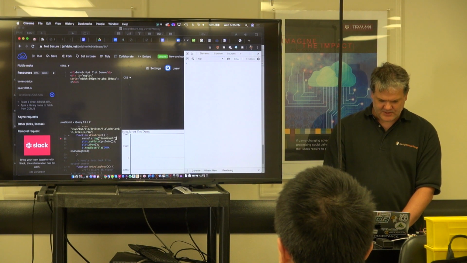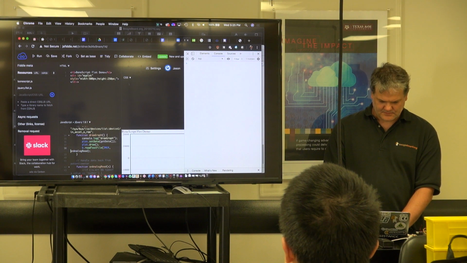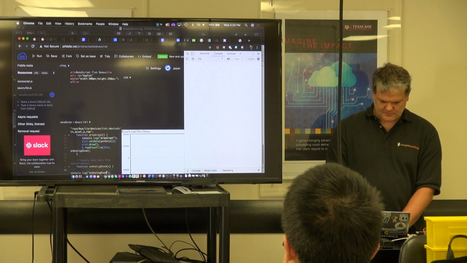When all else fails, printfs. You might want to add some. You're probably going to have to add some JavaScript in here because this code will only work if this